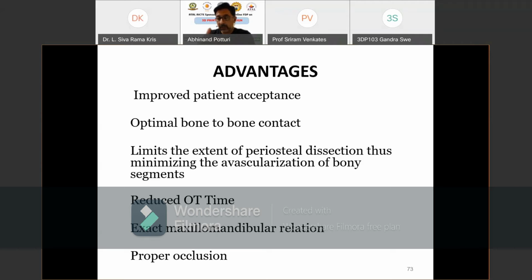So this is where your 3D reconstructs come in. You will know exactly where to put your teeth in relation to the opposite teeth. It will help you in planning, so that the contact between the upper and lower teeth will be exactly as it was before the resection or before the surgery, so that the patient will get a good quality of life after the surgery.